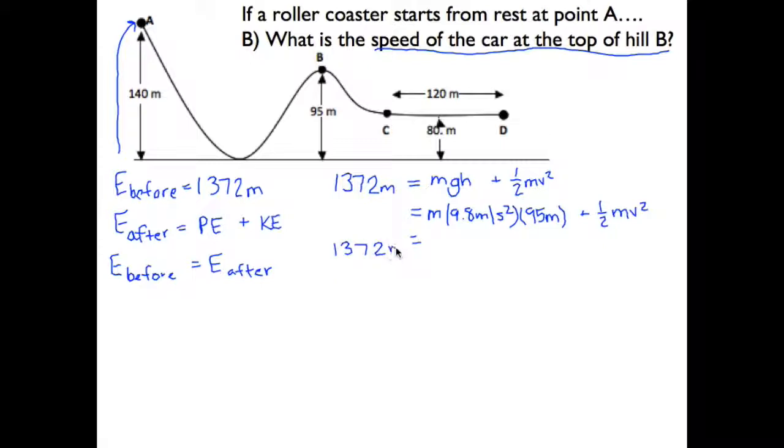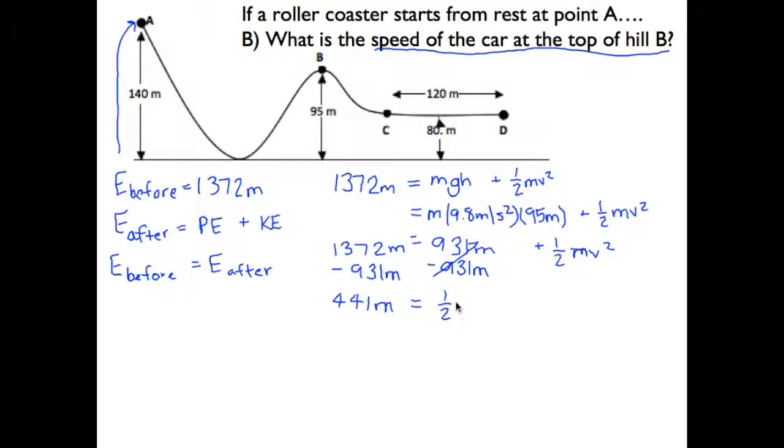I'm going to multiply these two together, and I'm going to get 931 m plus 1/2 mv squared. I'm going to subtract 931 m from both sides. End up with 441 m